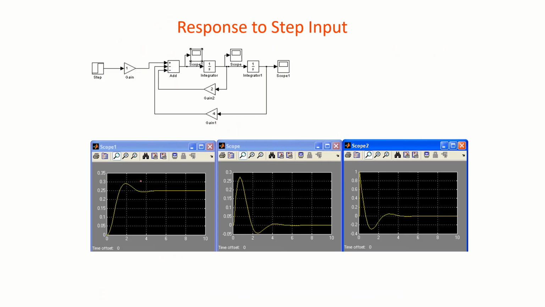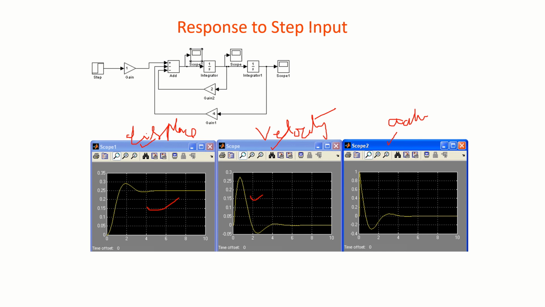This in the scope you can observe, right? This is scope 1, which is velocity, and scope 2 is acceleration. These are acceleration values, these are velocity values, these are acceleration. Scope 1 in this case is displacement values. So let us not interpret the values now, we will reinterpret this graph later.